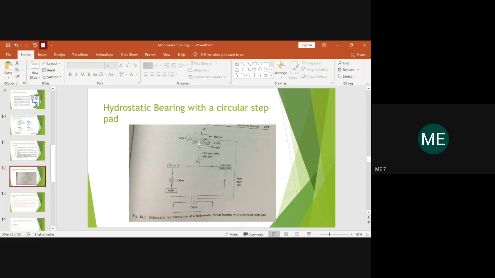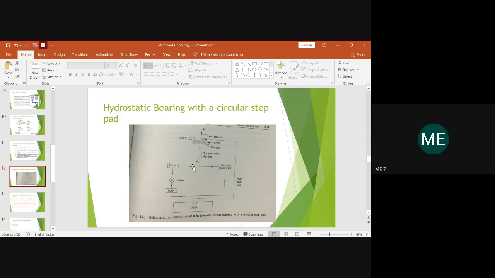So the next part is called the recess. I'll let you know what you mean by recess. And this is supported by a supporting media, which is called a land. So this is a part of the sectional view of your hydrostatic bearing. We are focusing on the external media through which the pressure is increased.